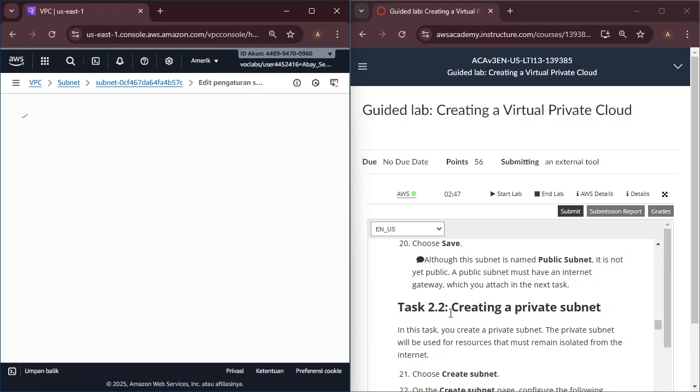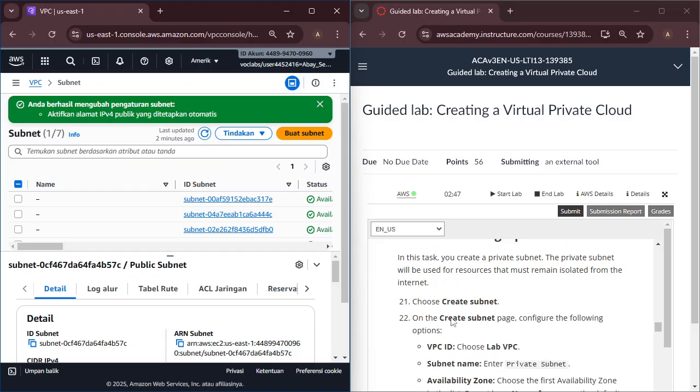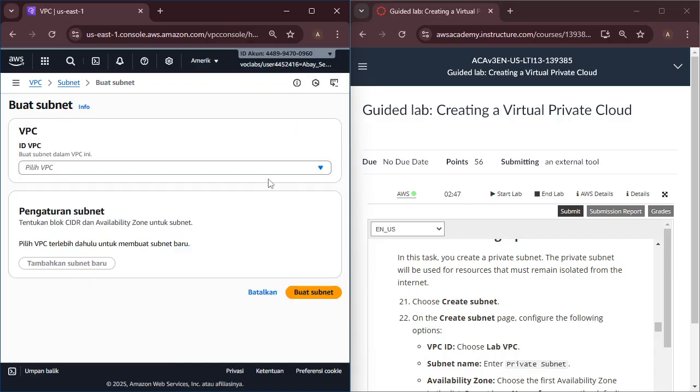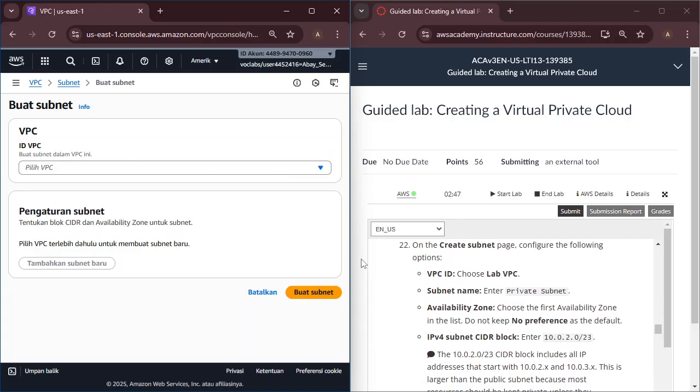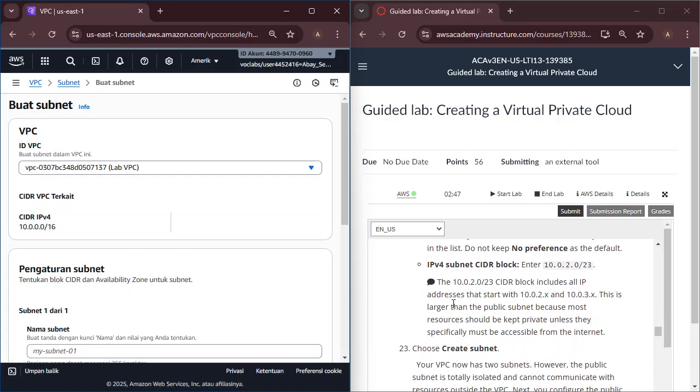In task 2.2, creating a private subnet. In this task, I will create a private subnet. The private subnet will be used for resources that must remain isolated from the internet. So once again, create a subnet. On the Create subnet page, for VPC ID, we choose Lab VPC.